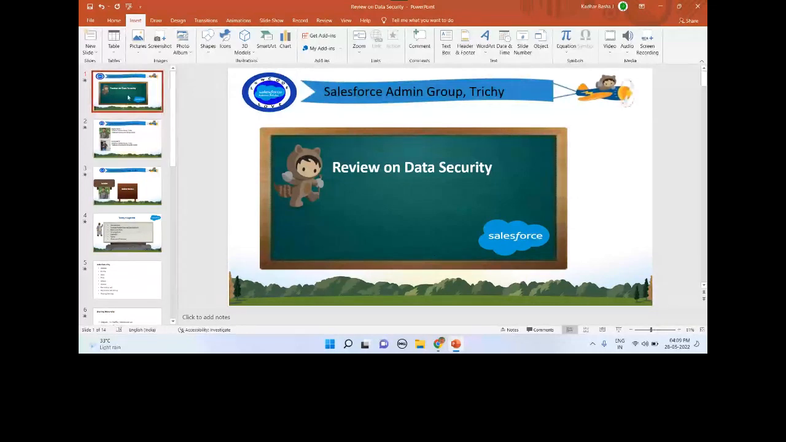Today the session is focused on data security. If you have any problem with the audio or screen sharing, please let me know. Okay, it's good. So a review on data security is today's topic, because data security is a major part